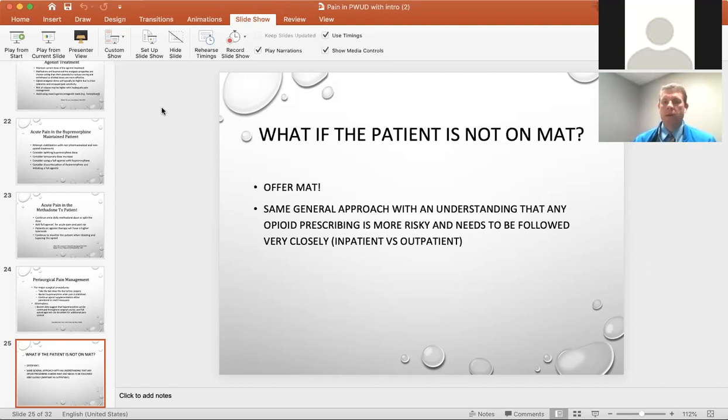Well, start them on some sort of medication-assisted therapy. In our system, usually I start the patients on methadone. The endocarditis patients are in the hospital for 6 weeks. Start them on some methadone. Try to titrate the dose up. Add in other opiates if needed for acute pain. Maximize the other approaches, and then when the patient's discharged, make sure they get referred for treatment